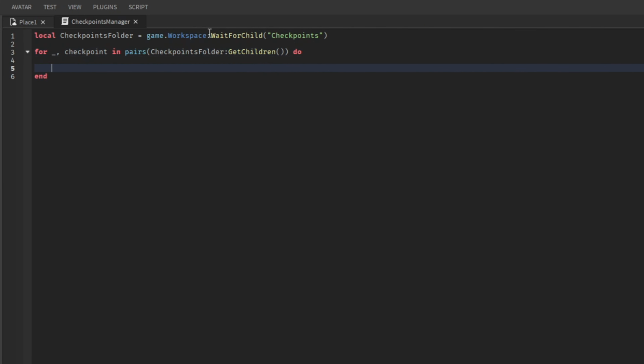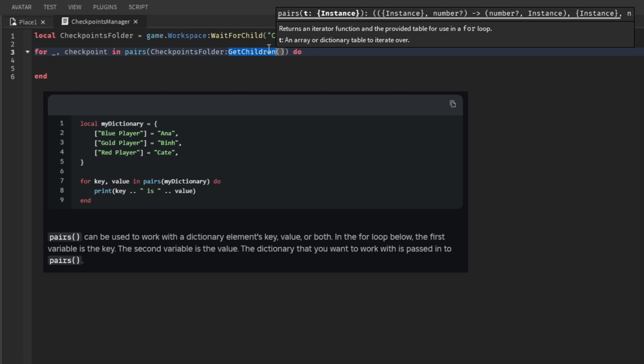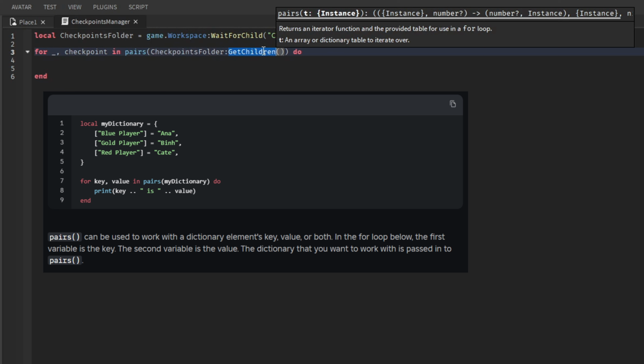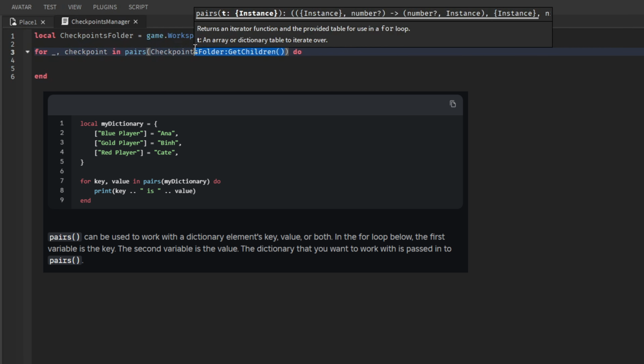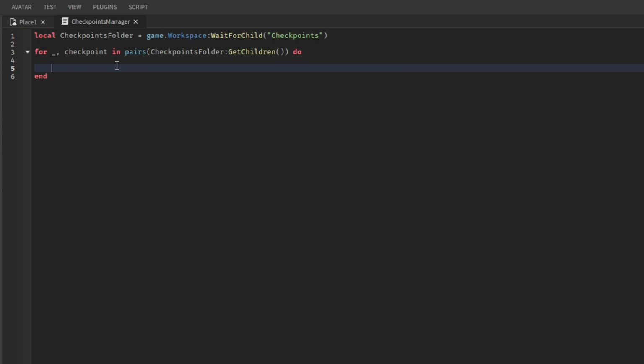So if you don't know what a for loop does, it basically just runs every single one, for example, now we got this table full of the children of the checkpoints folder, and it just runs the code down here for each individual one of them, one by one. So let's just make a touched event. So checkpoint.Touched:Connect(function